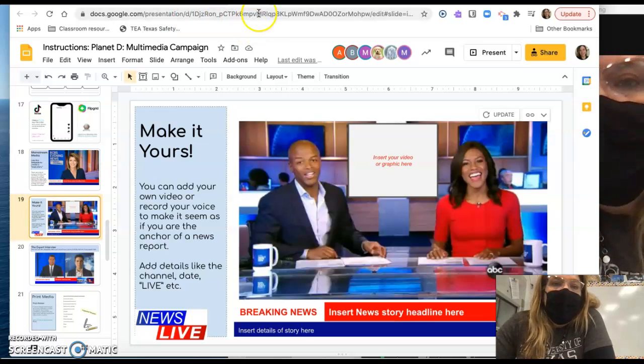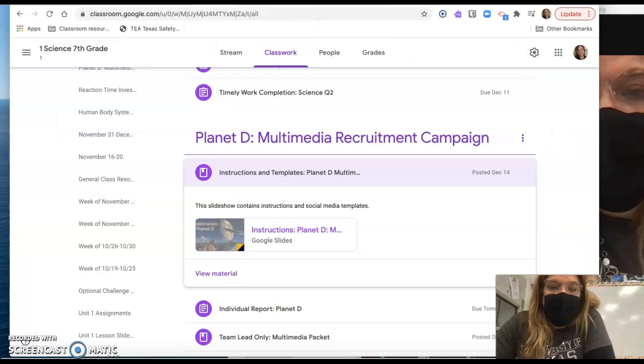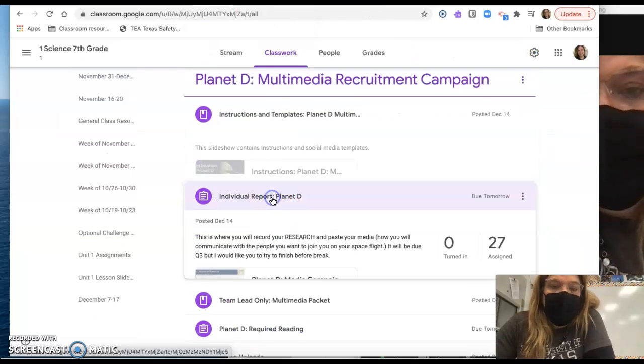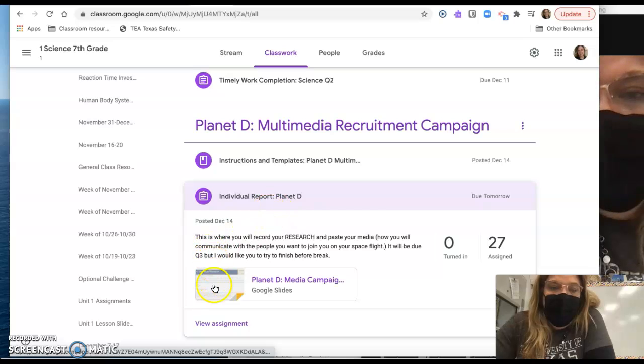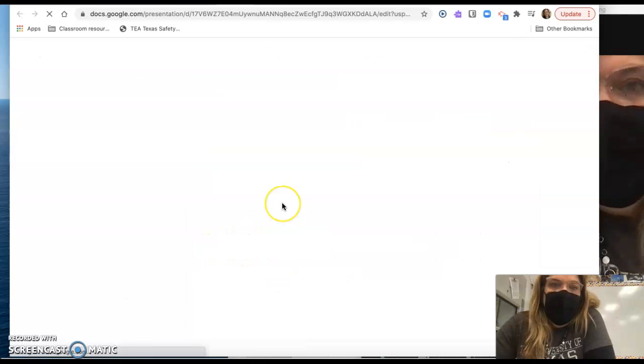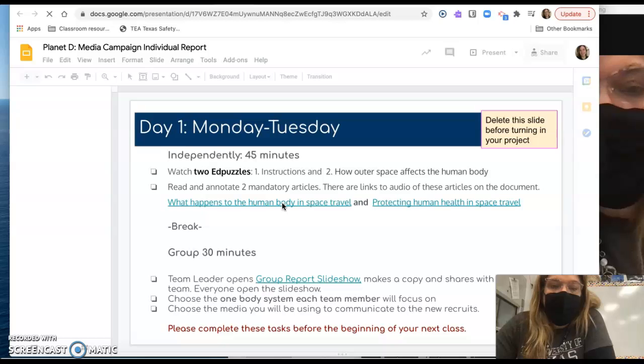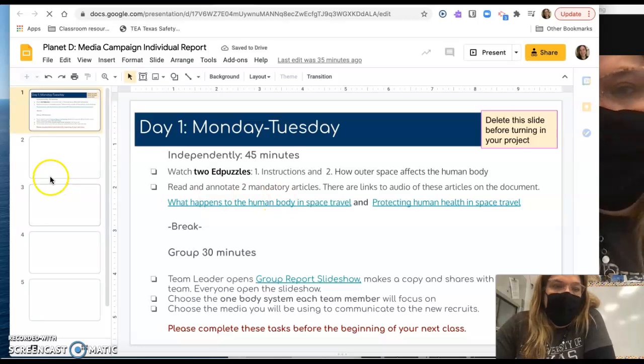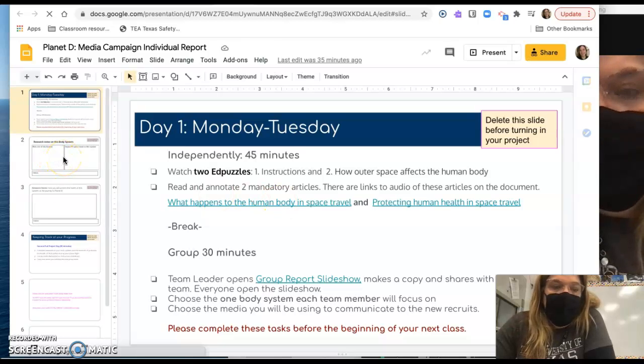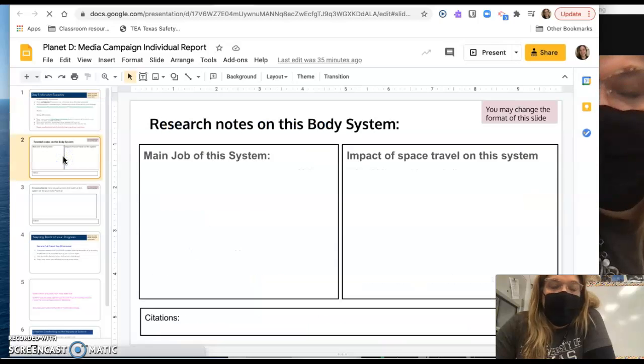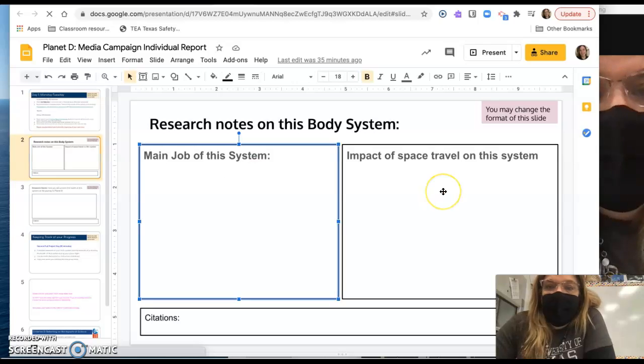Now let's go back here. I'm going to show you, this is your individual report. This is what I want you to turn in today, hopefully. We already did Monday and Tuesday. This is where you're going to put your research notes: the main job of the system, and the impact of space travel on the system.